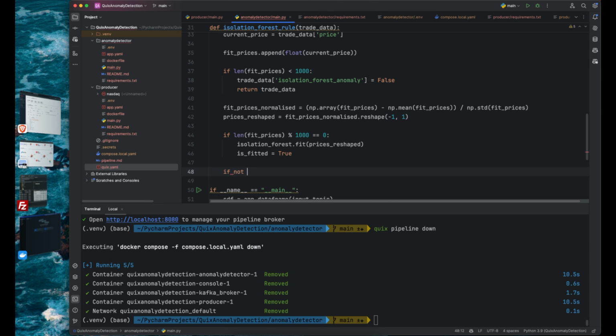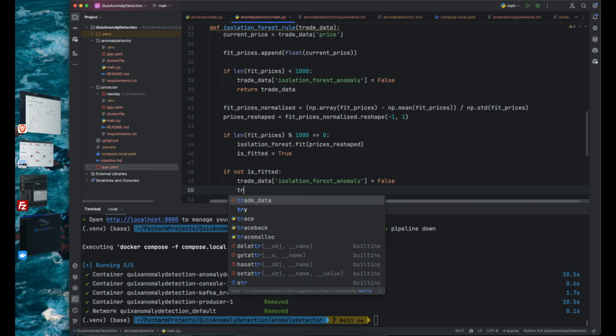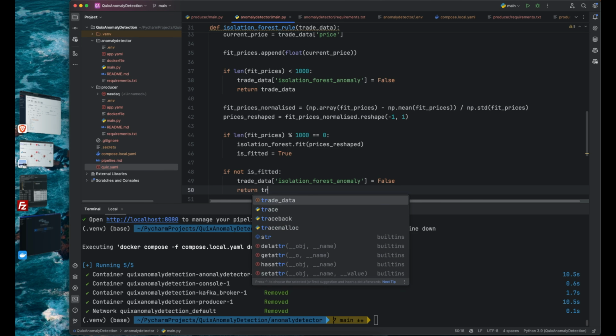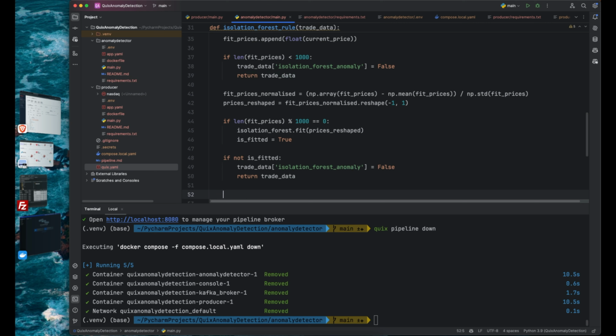So let's get into the picture now. If not is_fitted, so if you have not fitted the data, so we have trade data, I'm putting isolation forest anomaly is going to be false. That means we didn't train this data. This particular record is not part of the training data, and we just return trade data. But in a case where we